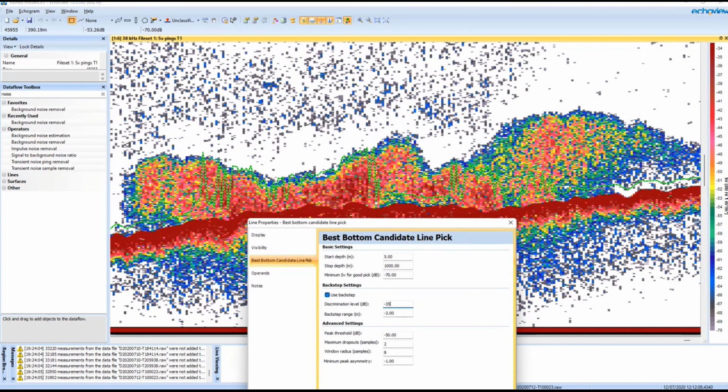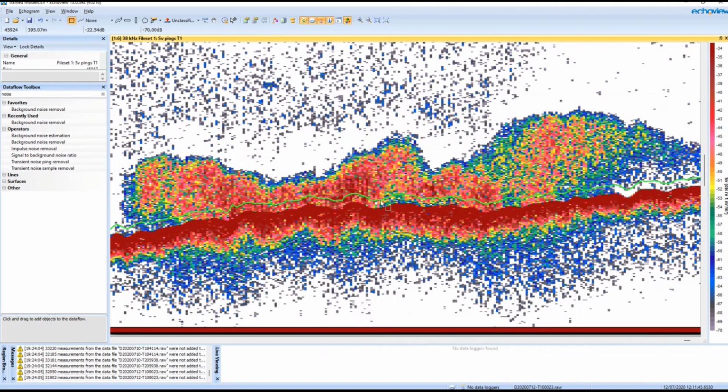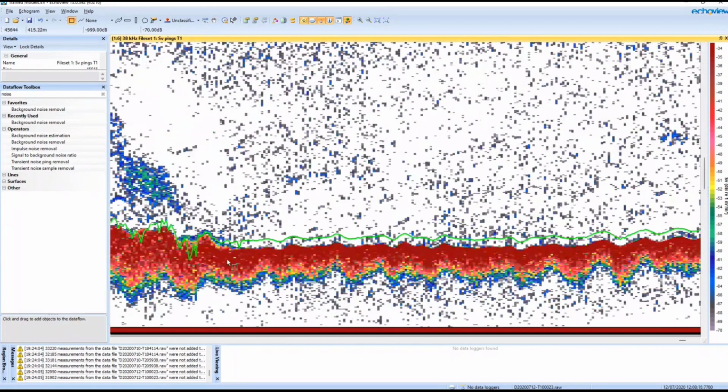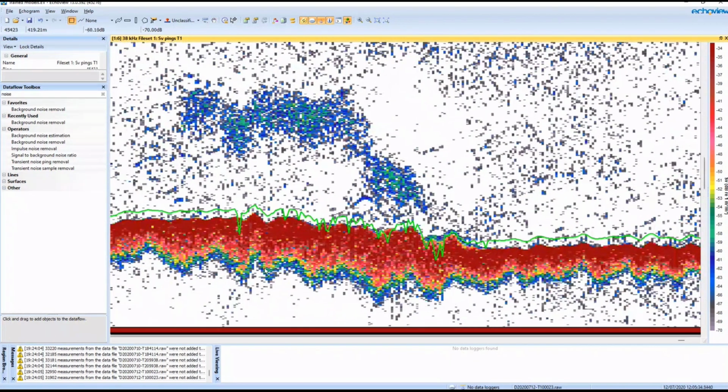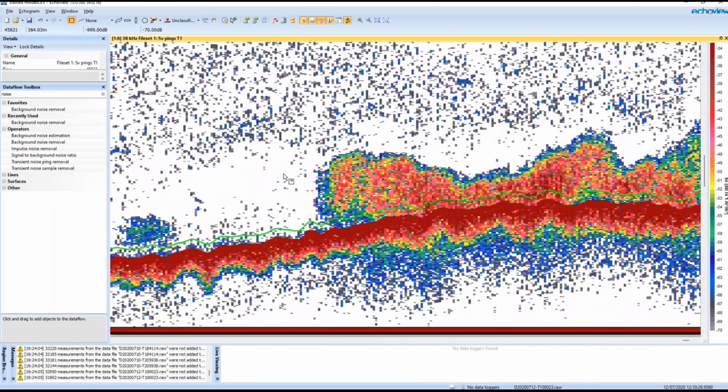I might do that by setting my discrimination level to 35 dB. That improves the results here where this school is very strong, but the trade-off is in other situations, suddenly this line is not so good. It's now dipping into the bottom, where if I undo that change, that worked quite well before, redo, not so good, undo, but we've got the trade-off of the results are good for that school.